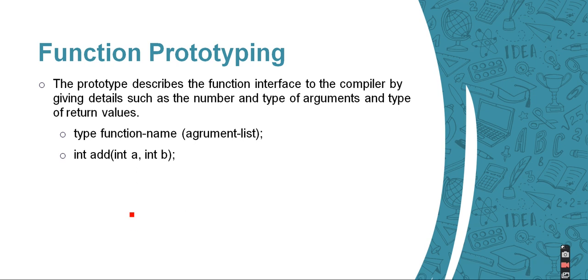Okay, and here we have a different example of function prototyping. This is again a function prototyping because we can see here a semicolon, which basically means this is going to be a function prototyping. So we need to create a function which is going to return an integer value, and the name of the function is add, and here we are accepting two values because we want to add something.